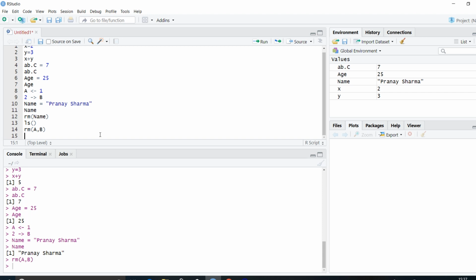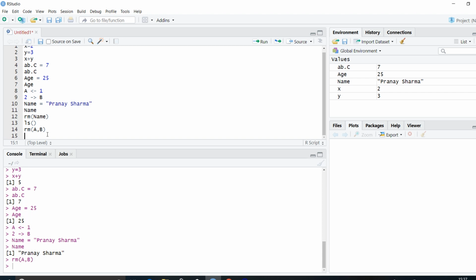Now what kind of arithmetic operations can we do on these particular objects? First of all, any arithmetic operations that you want to do on any of the objects, those objects have to be numerical values. You cannot do arithmetic operations on non-numerical values like we had name here.